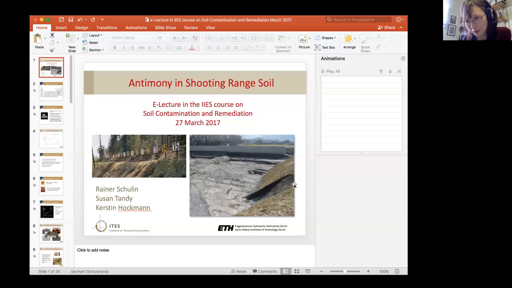I'm just leafing back through my notes here, and we touched a little bit there on organic matter, and there is a bit of debate in the literature as to whether organic matter is important, with some researchers thinking that iron oxides are much more important, and really organic matter is not involved at all. Do you have thoughts on that? I mean, certainly our work suggests that there is a role for organic matter.